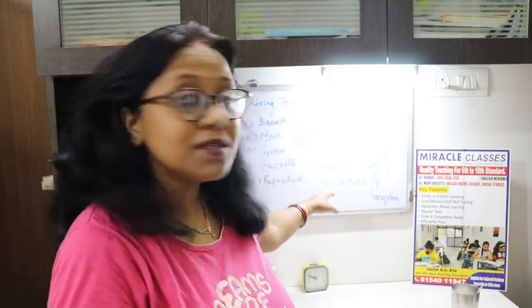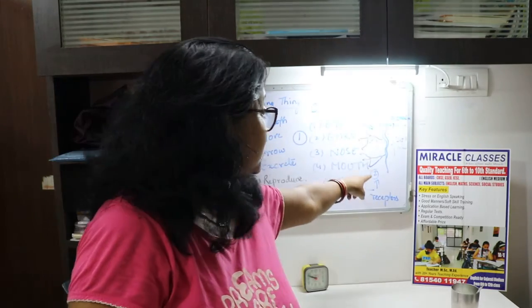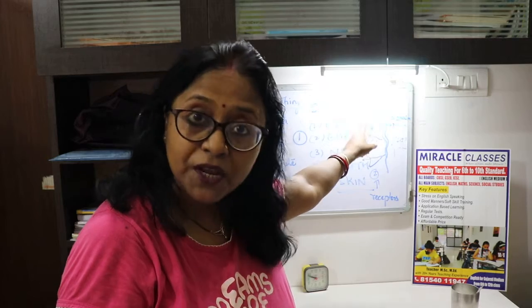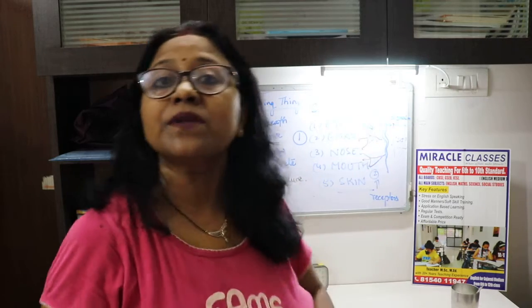What is a stimulus, and how do we receive it? Via our sense organs, then the receptors, which is the mid part, and then it goes either to the brain or to the spinal cord. Sometimes we don't think, we just make the response. For example, a ball is coming. If I throw a ball at you, at once you'll move your head. At that time the brain is not making any response, the spinal cord is making the response. That is called reflex action.